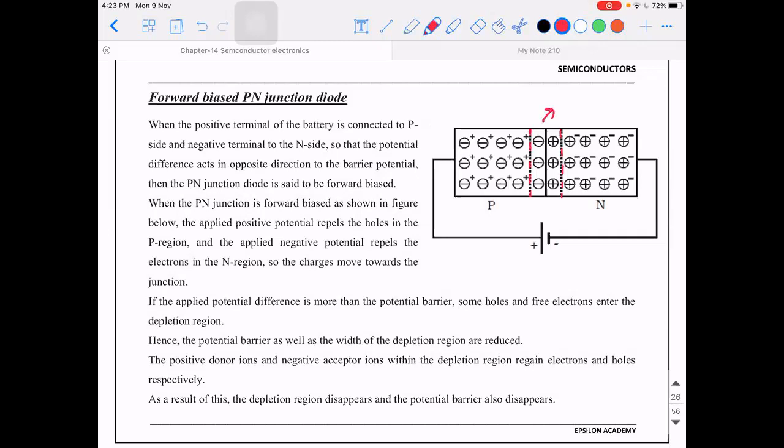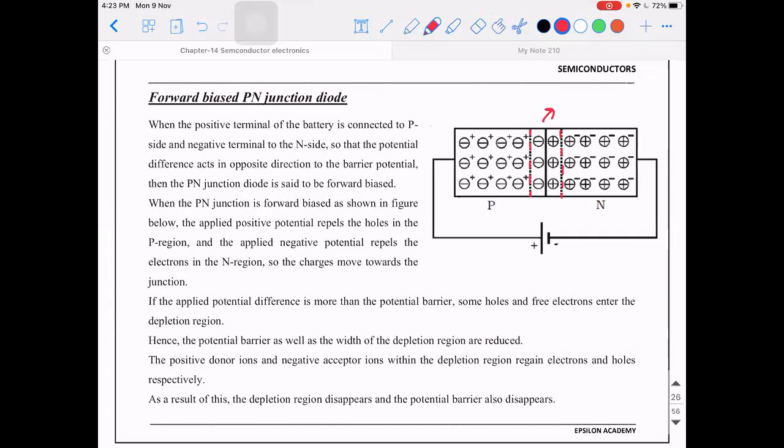So when can I say current is constituted? What do you mean by current flowing through a particular material? We can say current is flowing through that material if the free charge carriers are freely able to move within that material. Now think logically, will this wall allow the free charge carriers to move? Obviously, it is no. It is not going to allow. So then what is the use?